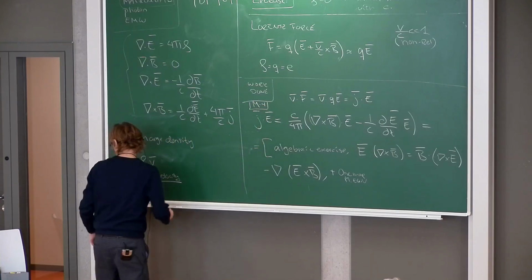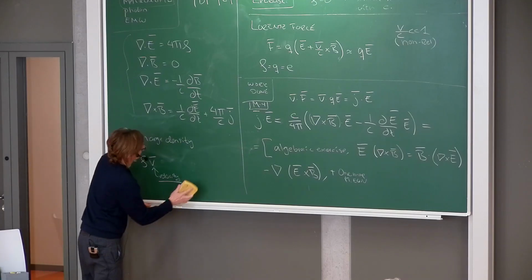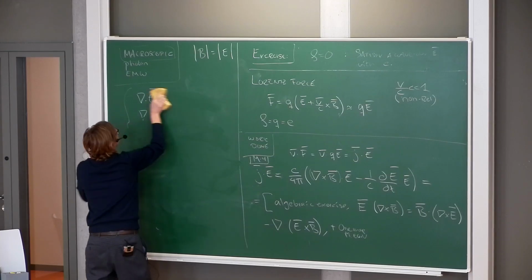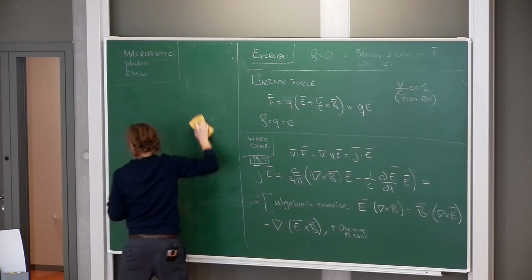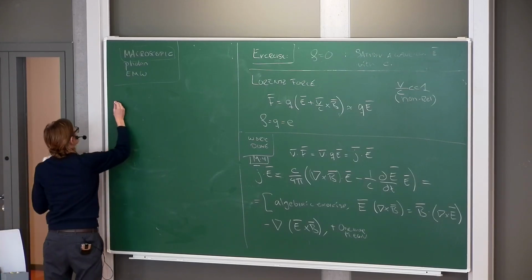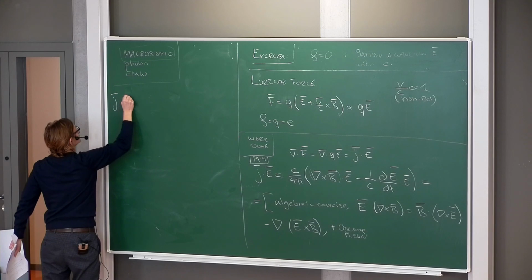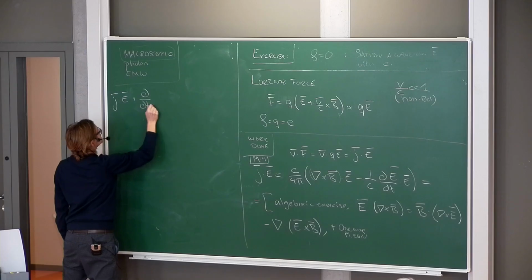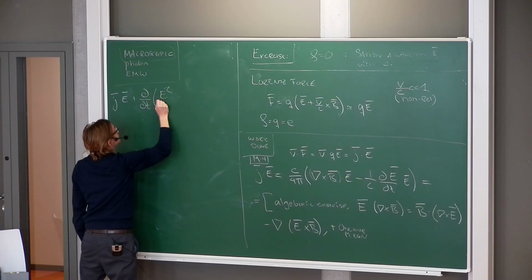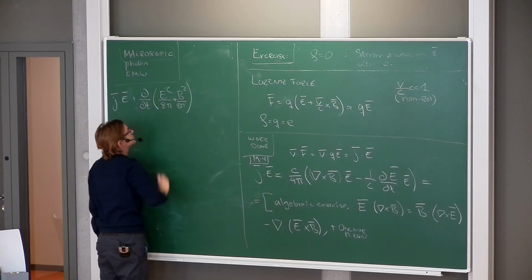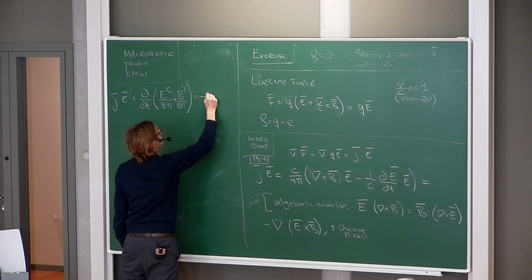I'm going to have to use one more in this little algebraic exercise to show that this can be written as plus d dt of (E squared divided by 8 pi plus B squared divided by 8 pi) equals negative the divergence of